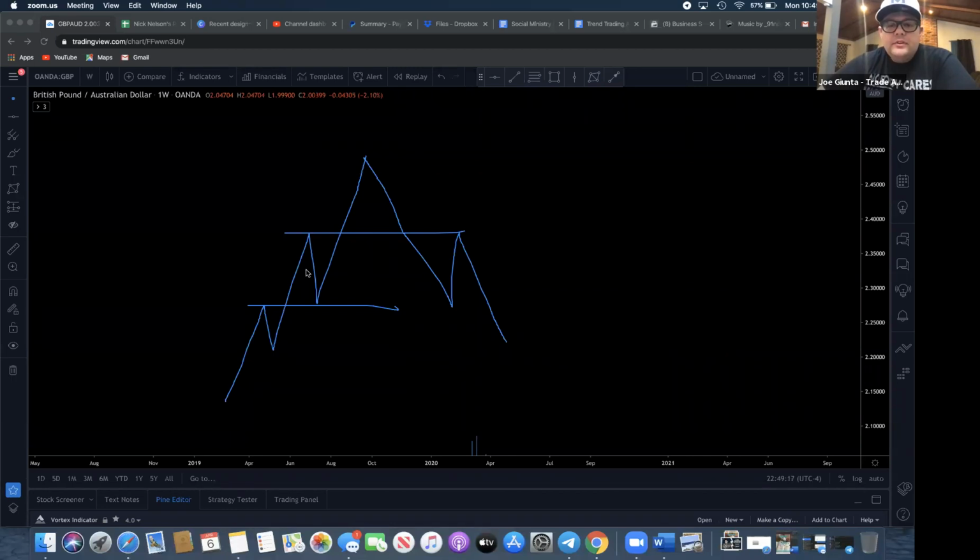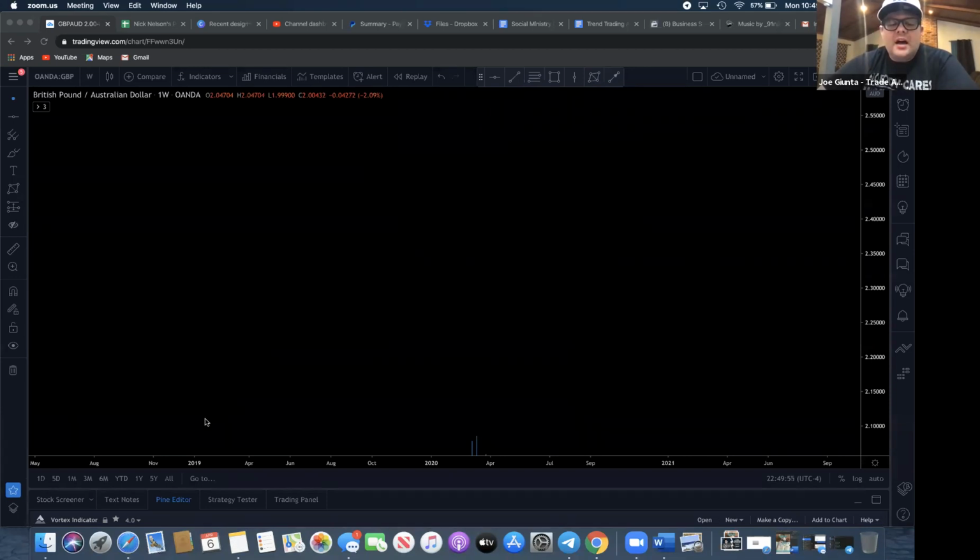But that's understanding how a pattern forms. So many of us are just looking for the pattern, a teacup or whatever it might be. We're looking for a head and shoulders, or maybe we see a big move, so we start looking for a flag or a wedge pattern. When we see a wedge, we're just looking for the breakout. But in order to understand those things a little bit better, we have to understand what makes up the pattern.